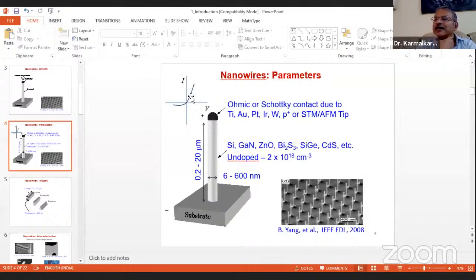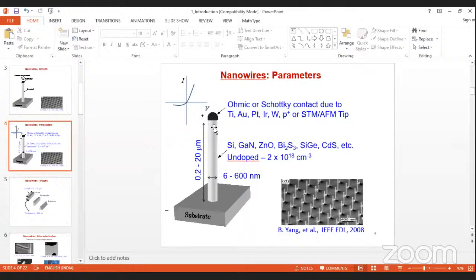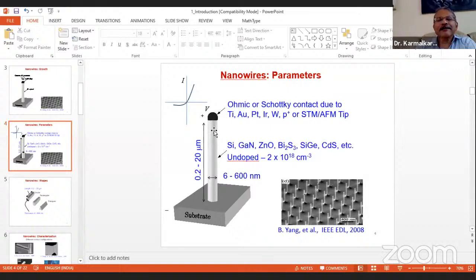Now, when you want to build such contacts, it is found that if your doping in the semiconductor is heavy, then you can build ohmic contacts. But it is not necessary that only when the doping is heavy can you build ohmic contacts, so that definition is not correct. By and large, yes, it is true. Usually you will find ohmic contacts with heavily doped semiconductor, whereas for Schottky contacts the doping is not heavy. But that is not strictly correct, because you can show that even with lightly doped semiconductor and some metal, you can get an ohmic contact. So you can get both types of contacts.